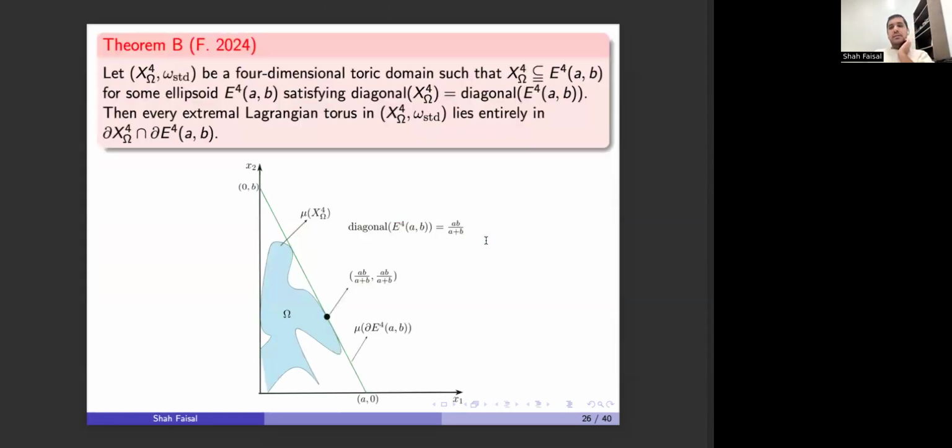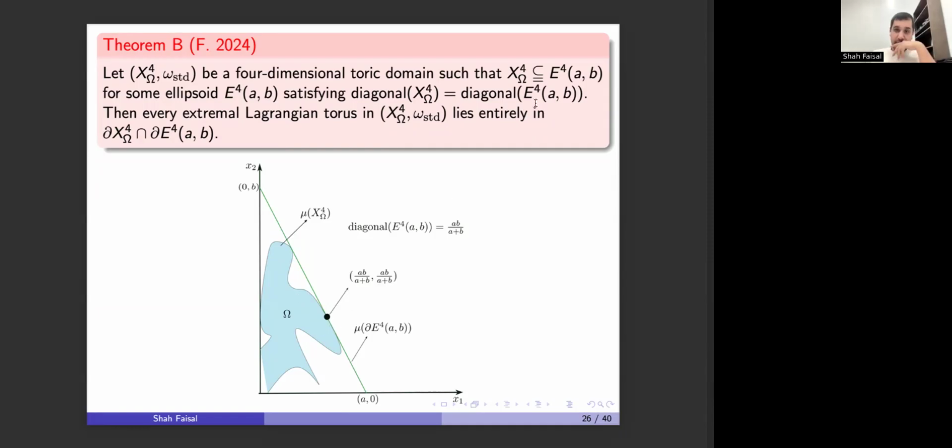For 4-dimensional, there's a larger class of toric domains for which this is true, and these are basically toric domains that you can enclose in a 4-dimensional ellipsoid of the same diagonal. For example, in this picture, this green side is basically the boundary of the ellipsoid. So this triangle is representing the ellipsoid, and the toric domain corresponds to omega in the blue, and it's inside the ellipsoid, and it has the same diagonal as the